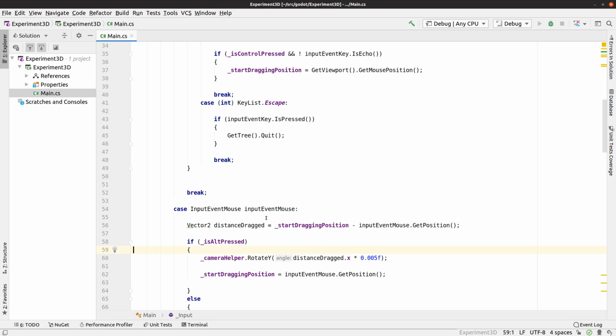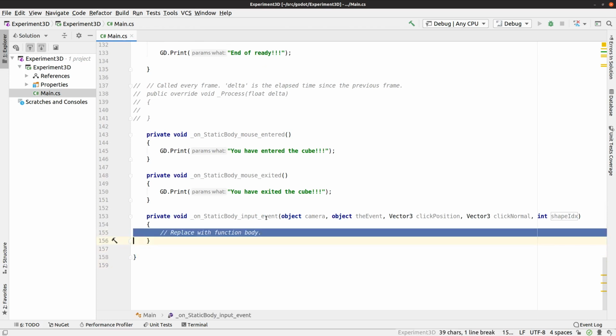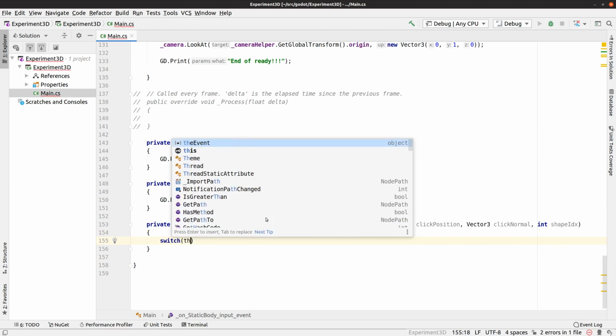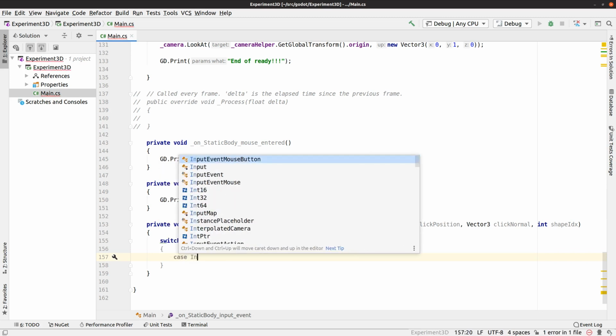We're going to probably do a switch statement, and we're going to capture or see what kind of event it is in a case statement, and then based on that, we're going to do something. So what we're going to do is we're going to switch on the event. And luckily, we're getting all these things that are coming in here, but the event and the click position are the two we're going to care about. So what we want to do is, in case of input event mouse button,